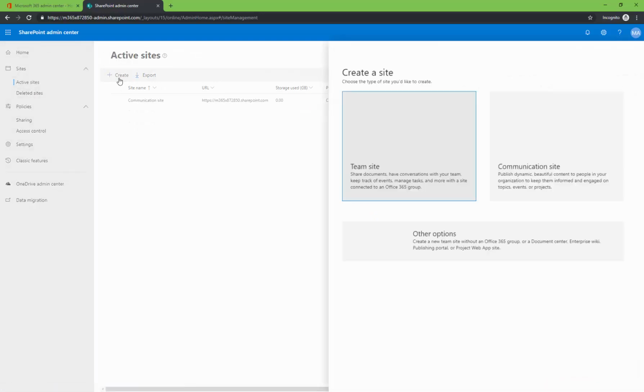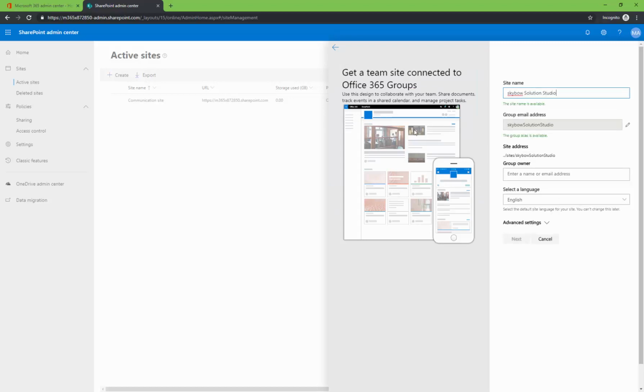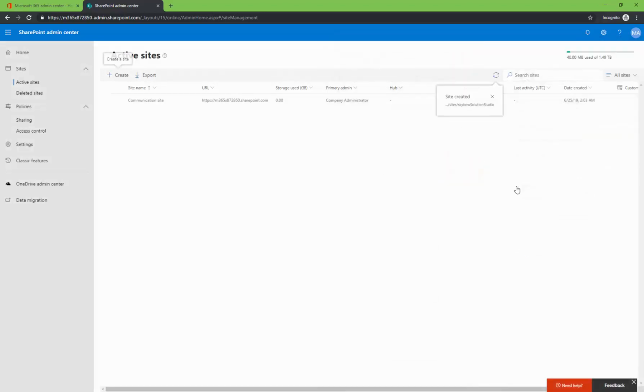The type does not matter. Assign a group owner who you want to empower to create Skybo solutions. Once the site is created, simply go there and copy the site URL.